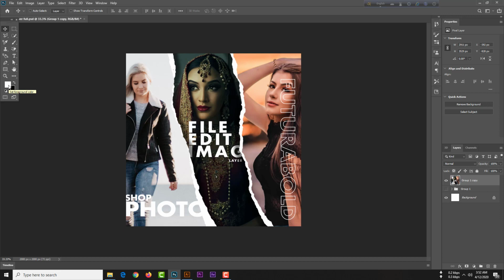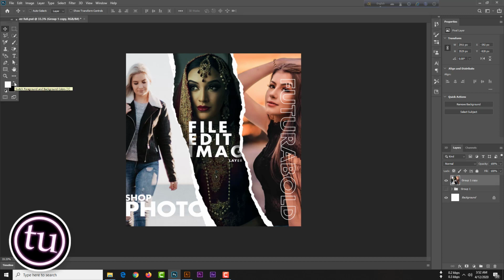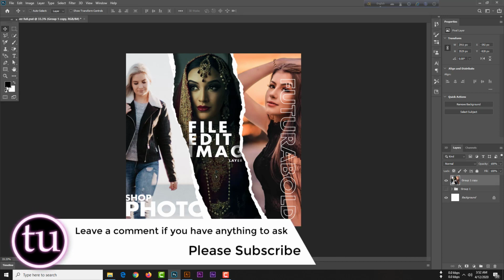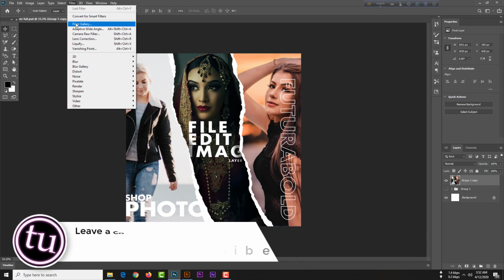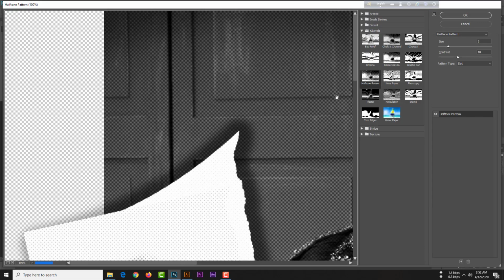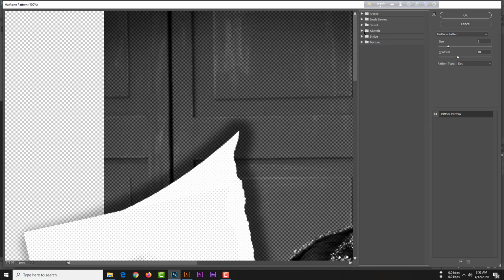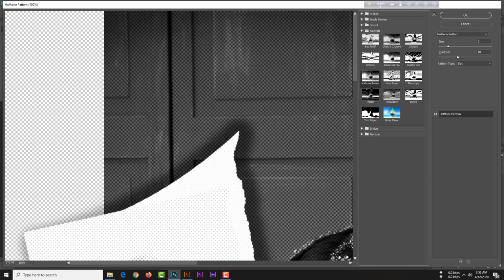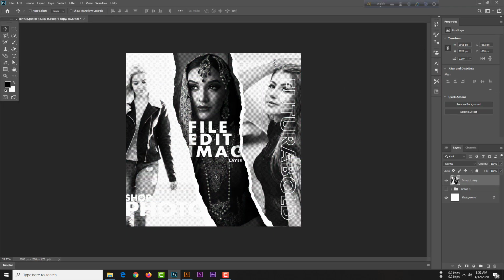Our background will be white and foreground will be black. Switch the foreground and background color. Make sure our foreground is black and background is white, otherwise that filter will not be effective. Filter gallery, then select this sketch, select halftone pattern, hit the OK button. So this is awesome, huh? Okay, then Ctrl A to select all, Ctrl T,